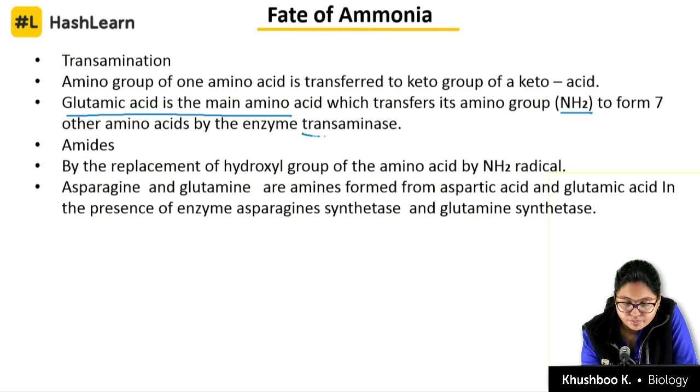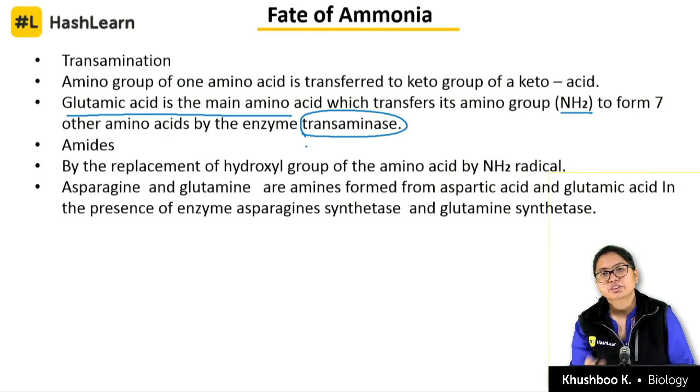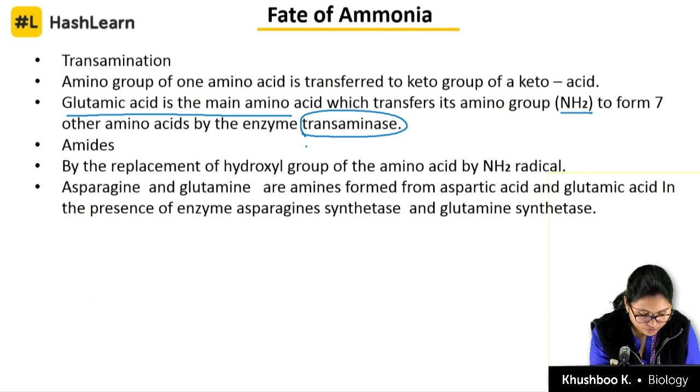Because glutamic acid can easily give its amino group. So here if you see, the reaction will be